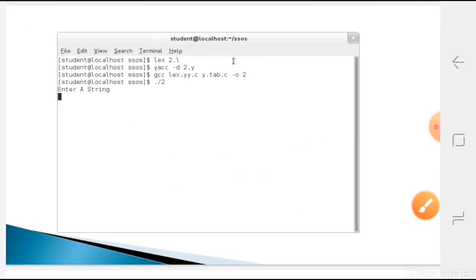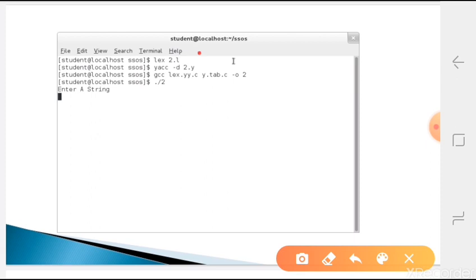Now we'll see the output. To compile, you have to compile the lex program first, then the yacc program, or you can swap them and compile the yacc program first. You have to compile lex and yacc, then merge them. The lex program, after compilation, gives the file lex.yy.c, and after yacc compilation we get y.tab.c. You have to merge both together as one program. The output we are redirecting to one file, and I have given the file name as 2.